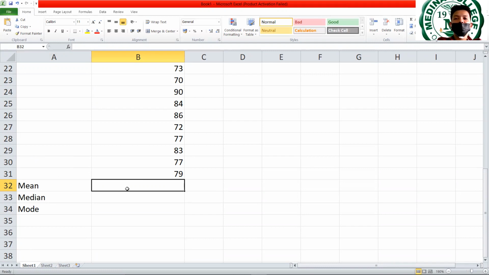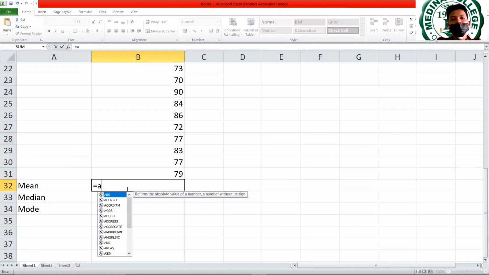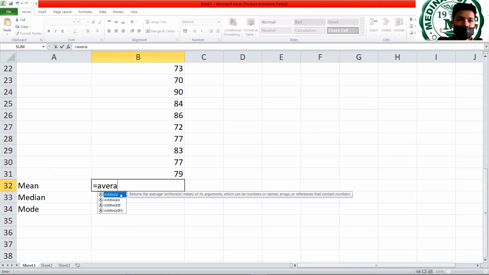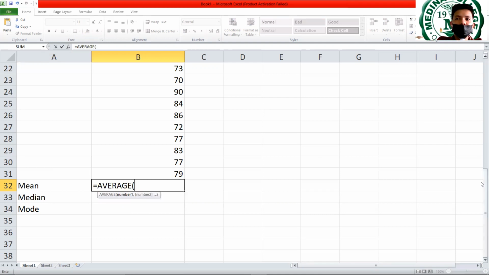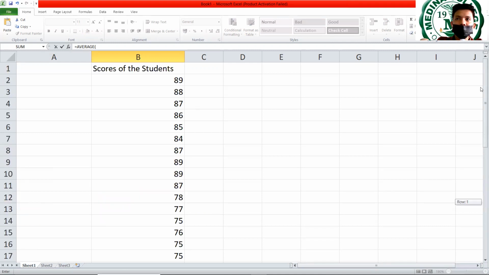So for mean, just simply type the equal sign and you type average. Okay, just select the first one, the plain average. So you have here choices: the average, the average A, and the average IFS. So just simply double click average, and then take note that you need to highlight all the elements present in